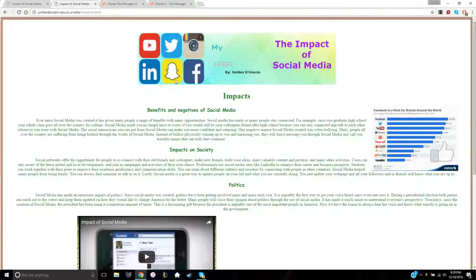Social media has also helped so many people from being lonely, because in today's society, we are very known for having cliques and cutting out people who are not like you. Social media is an easy way of finding people who are like you, so you never feel lonely, because you will always have someone to talk to on social media.